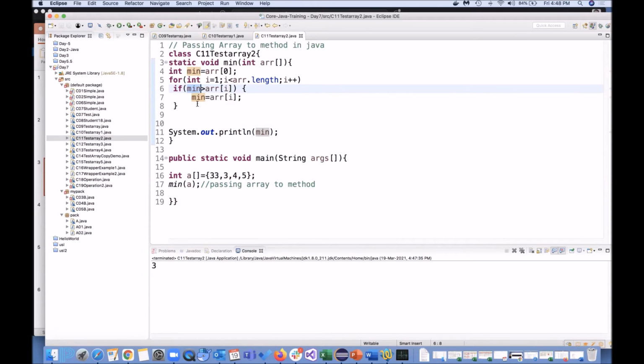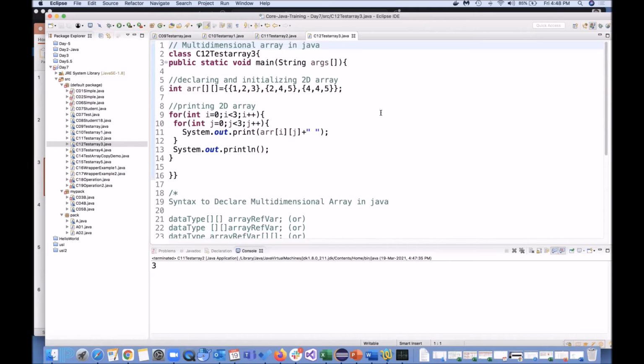No, it won't come inside this if condition. Again, is 3 greater than 5? No, it won't come inside this if condition. And your for loop will keep on moving till it is completed. Once your for loop is completed, only then is your SOP statement executed. So this was a simple program for finding the minimum value in the array.